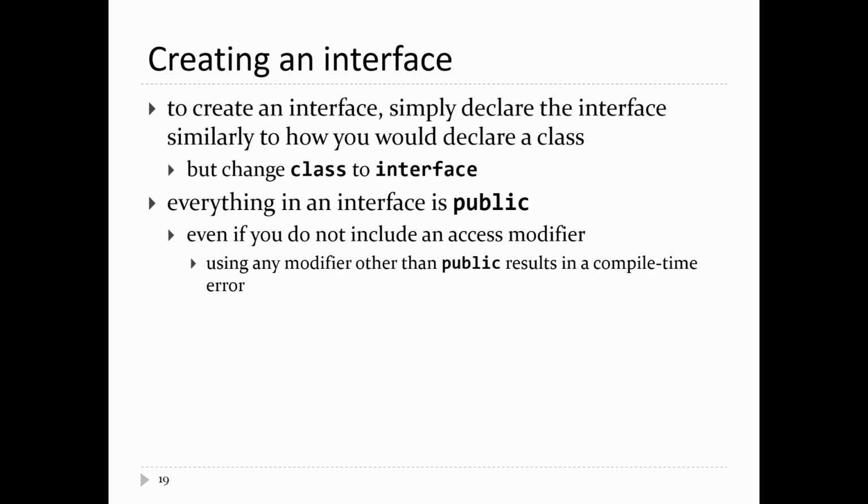All right. So in the last class, we implemented two interfaces. We implemented the iterator and the iterable interface. Today, we're going to look at how to make your own interface. And then we're going to